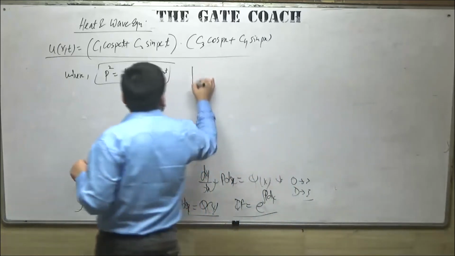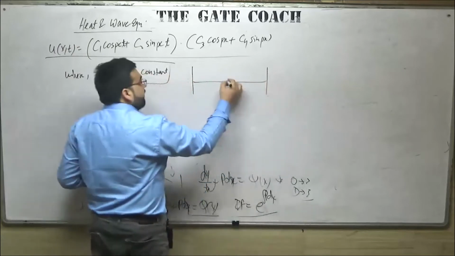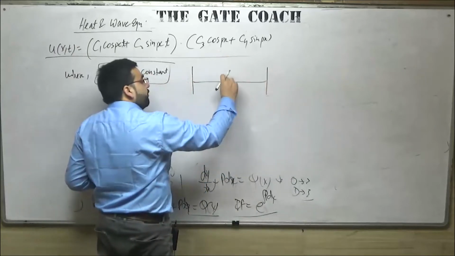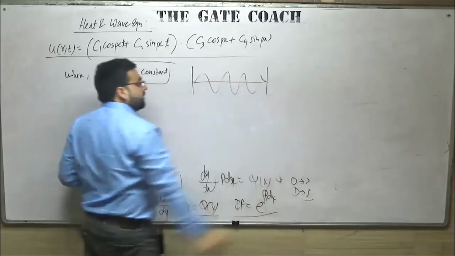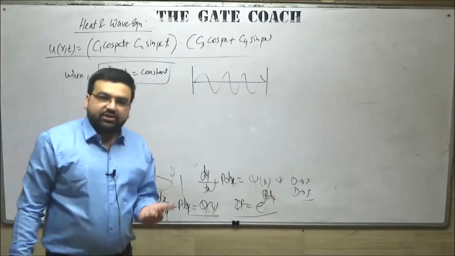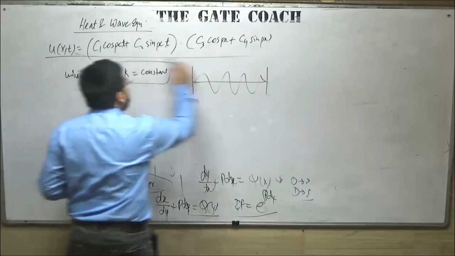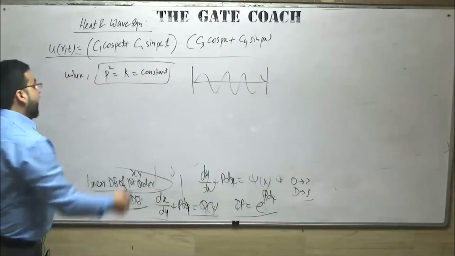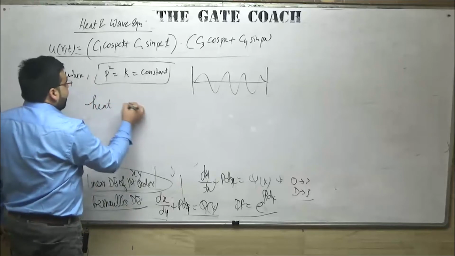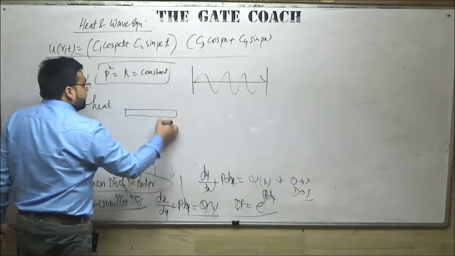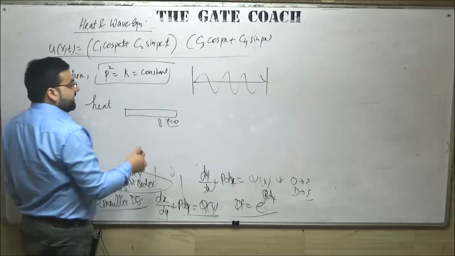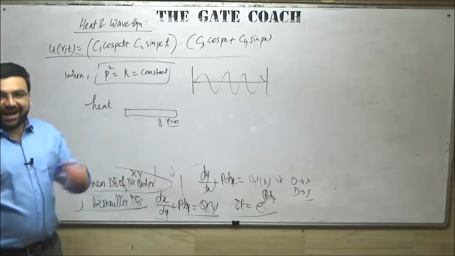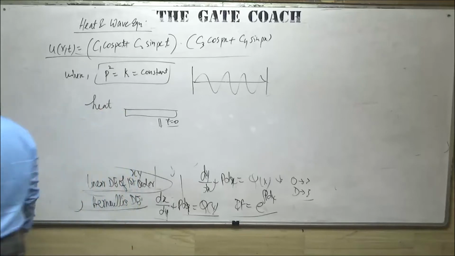because we know that, let us say this is a string, right? Once you pick it from here and then you release it, it is a sinusoidal function, and only this solution was satisfying that particular equation. Similarly, we had the heat equation. We know that if this is a rod, it is initially heated at t equal to 0 with some temperature. As the time is passing, the heat will slowly keep on decreasing, and hence we derived the heat equation with the help of that concept.